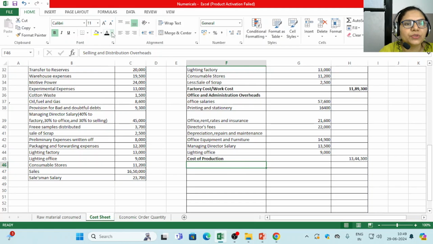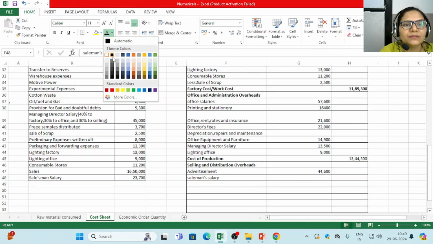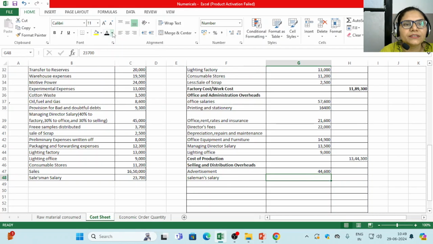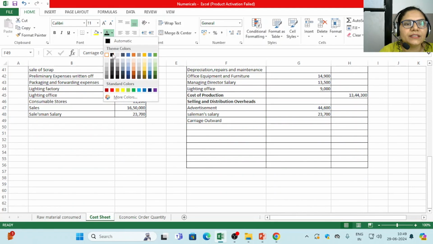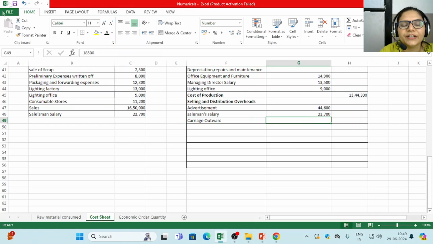So selling and distribution overheads, here we go. Let us see. First expenses, advertisement expenses. As you can see, it is easily understood, it is related to selling of a product. Next is salesman salary. We all know it is given in the question. It is rupees 33,700. Next is your carriage outward, which is related to the selling and distribution overheads. It is 18,500. Next is warehouse expenses. It is again related to selling and distribution overheads,